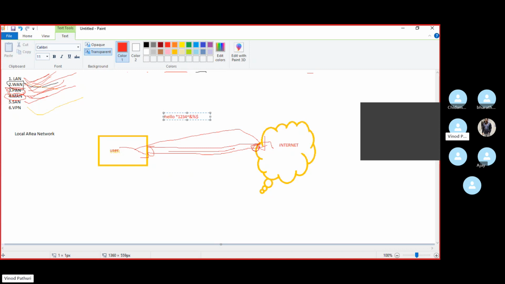Will you understand it if I send it like this? No, right? So when the data is sent over the internet, through the tunnel, the complete data will be encrypted. So no one can access it, or hack into your network.